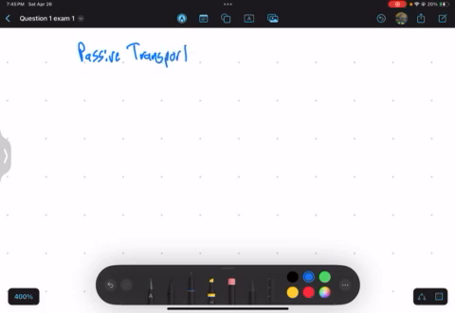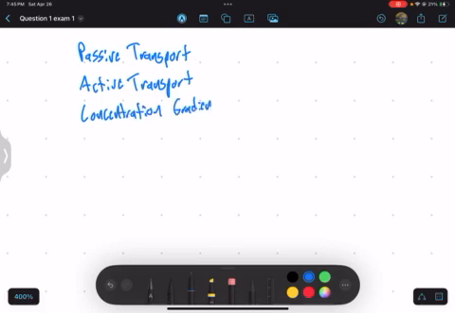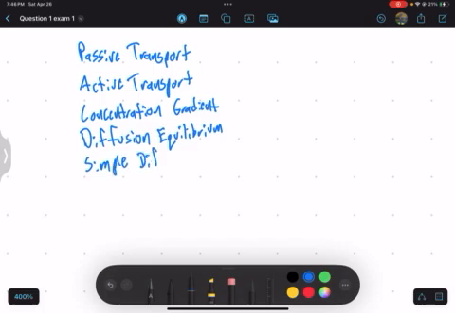So we have passive transport, active transport, concentration gradient, diffusion, equilibrium, simple diffusion, selectivity,